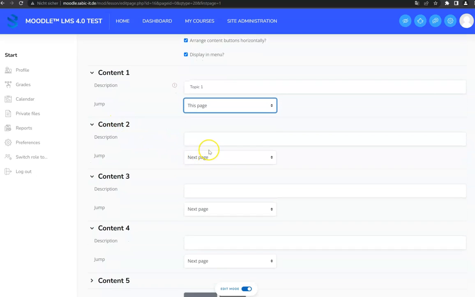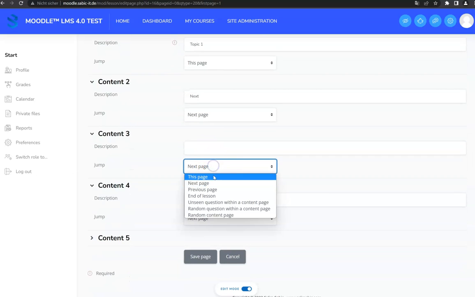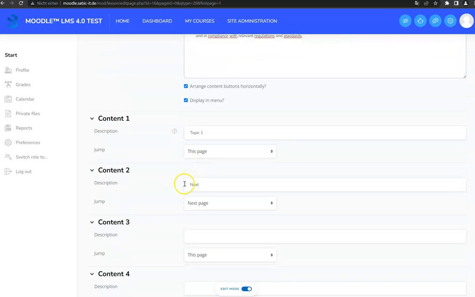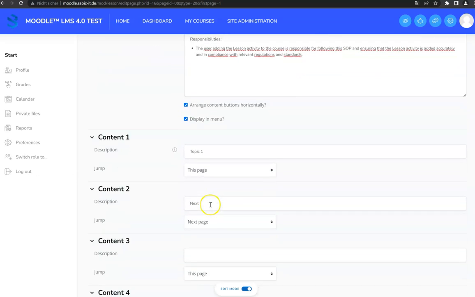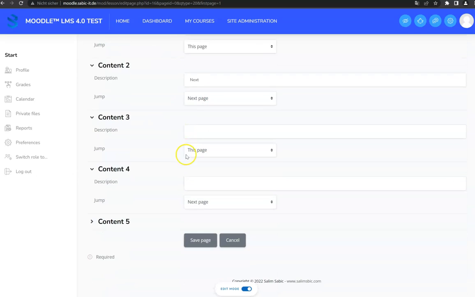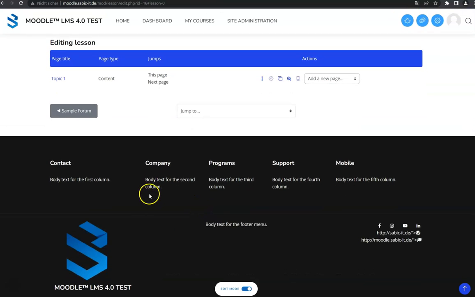And then we could add the next button, no, previous button makes no sense because this is the first page. And then yeah, actually this is it. Let's save the page